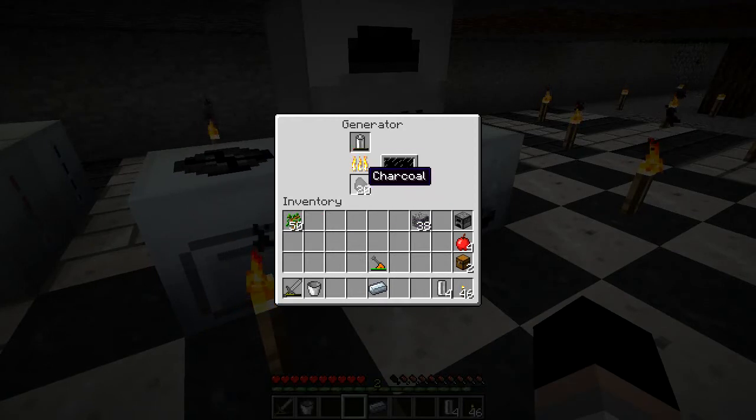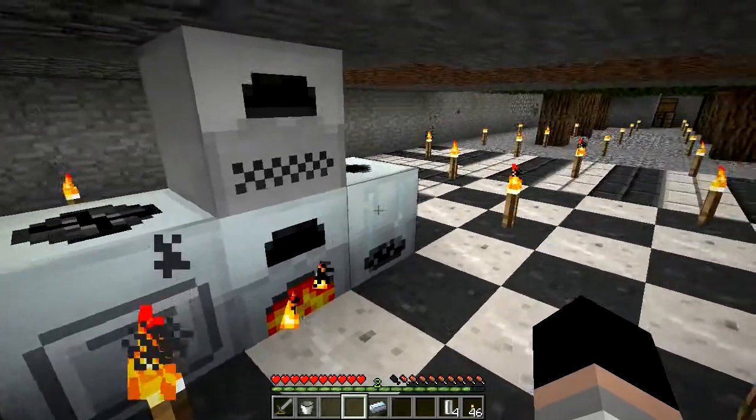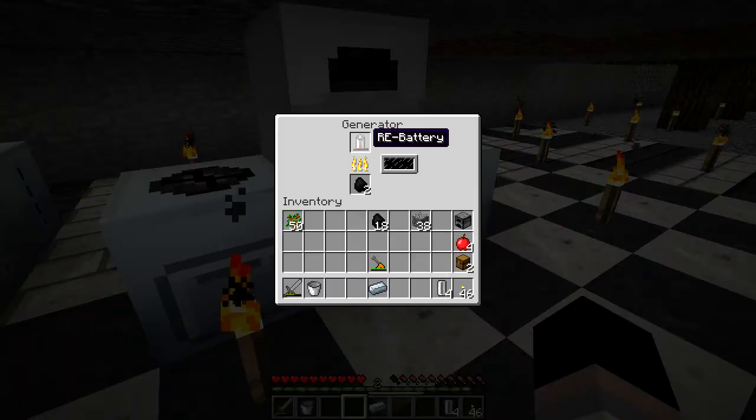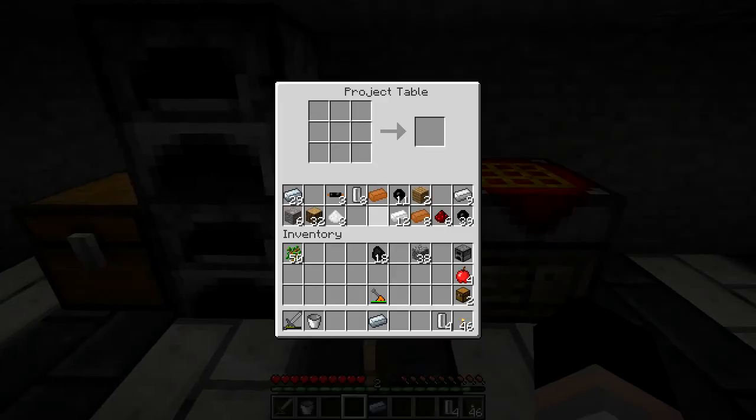The miner, however, also requires a lot of something else. Power. It requires a lot of power. We're going to fill up a whole battery and see what that does. But while the battery is working,